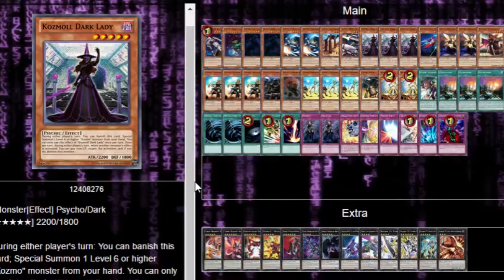But yeah, her own personal effect. When another player's monster effect is activated, you can pay 1,000 life points, negate the activation. If you do, destroy that monster. So, why is this important? Well,